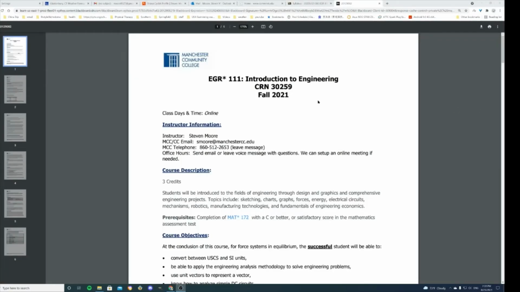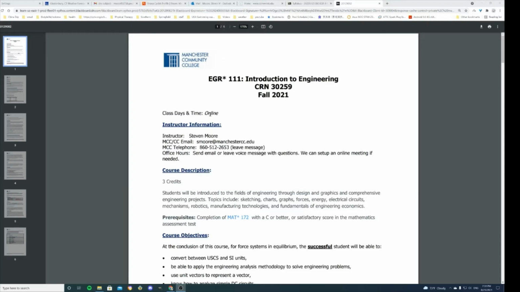Here's the syllabus, and you'll get to this through the syllabus link. This course is entirely online. There are no specific meeting times associated with it, but you should keep up with the material as we go along. You could expect between 5 and 10 hours a week you should be spending on the course, and it really depends upon your background and how quickly you can catch on to the material.